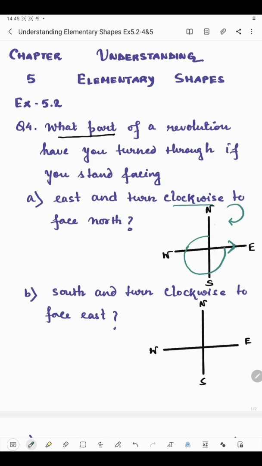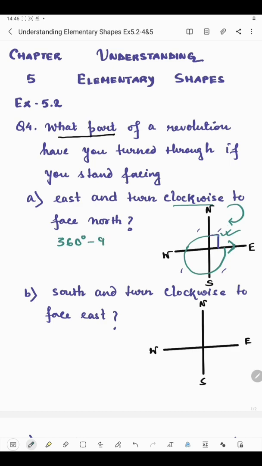So here we can see that we have 4 parts, 1, 2, 3, 4, and this means complete revolution, which is 360 degrees, and this is 90 degrees. This is 90 degrees, but we have to find the reflex angle, the green part. So we need to find what degree it makes. If the total complete revolution is 360 degrees and if you subtract this 90 degrees, because north to east means 90 degrees, right?